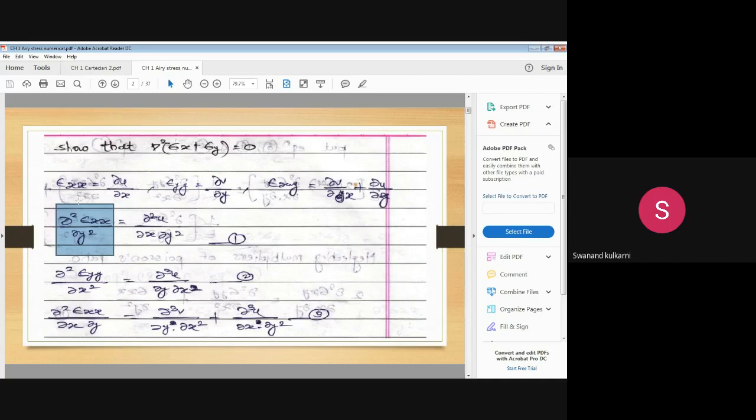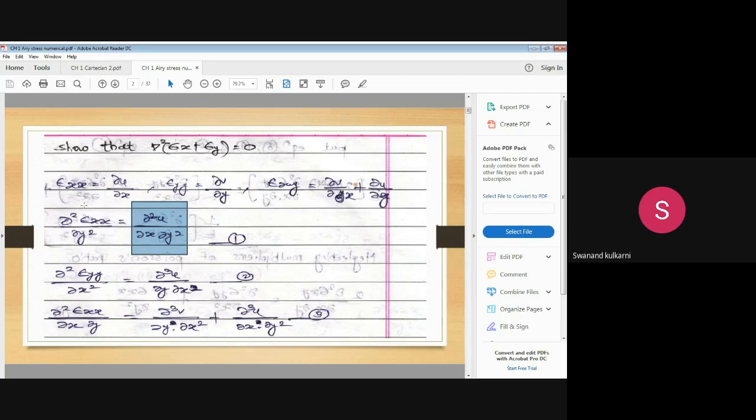So the left side terms we have differentiated two times, this becomes ∂²εxx/∂y², and then the right side is also differentiated with respect to y again two times. So this will become ∂³, because ∂u is already present. After the first differentiation, this will become ∂²u/∂x∂y, and in the second differentiation it will become ∂³u/∂x∂y².